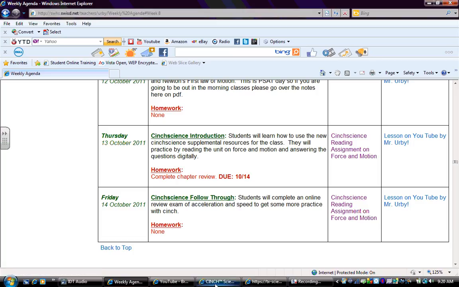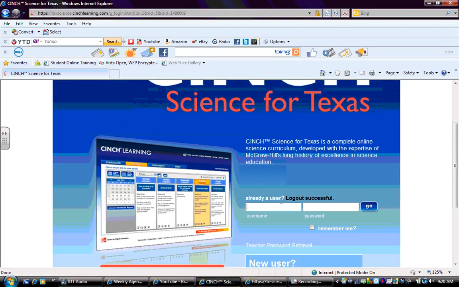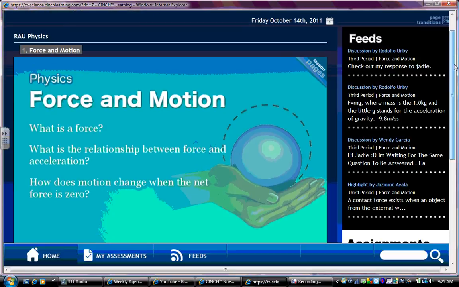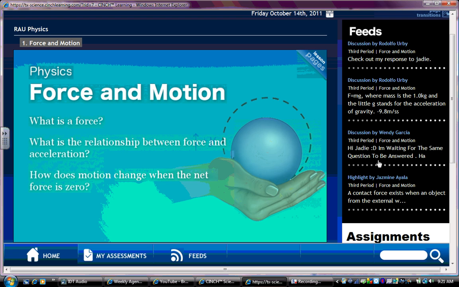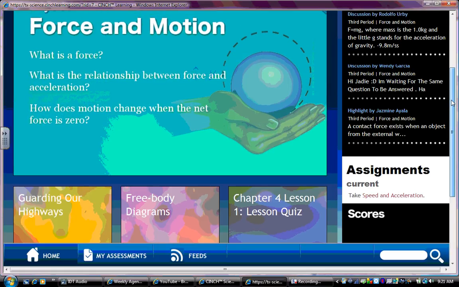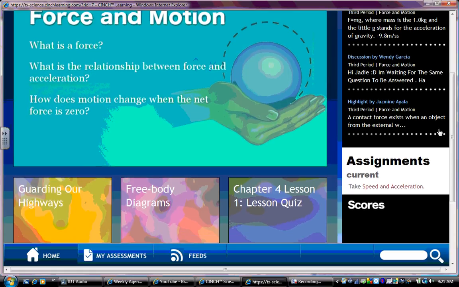website. And the Cinch Science website again looks like this. You'll put in your username and password that I've given you, and you'll enter. When you enter the website today, you should notice some feeds for different students in your class, with discussions about what's going on, and you can get some questions answered from me. If you go down here, you'll also notice there's something new, and under